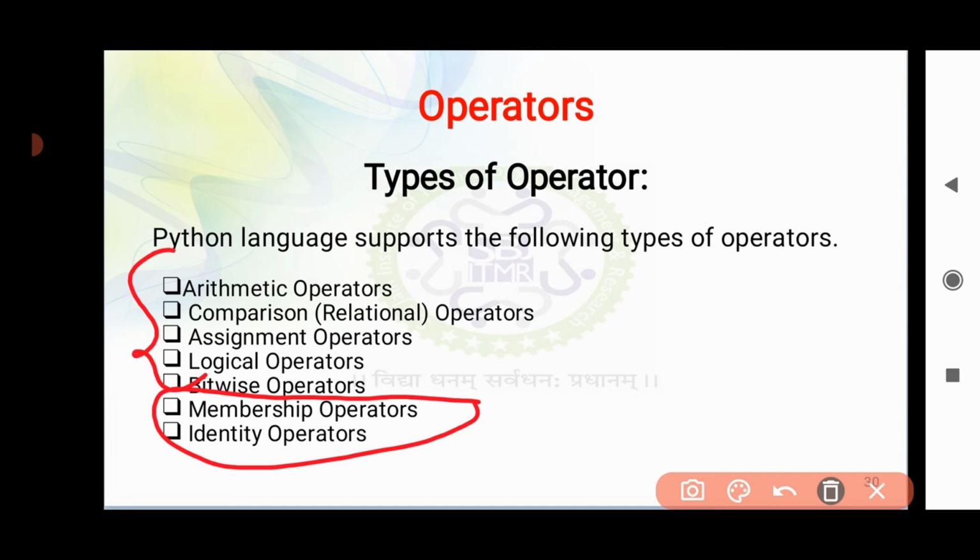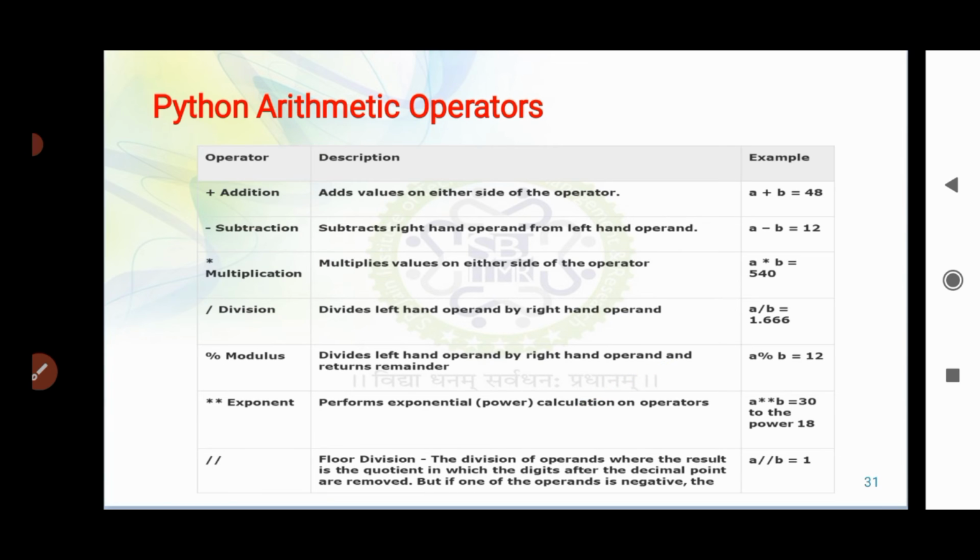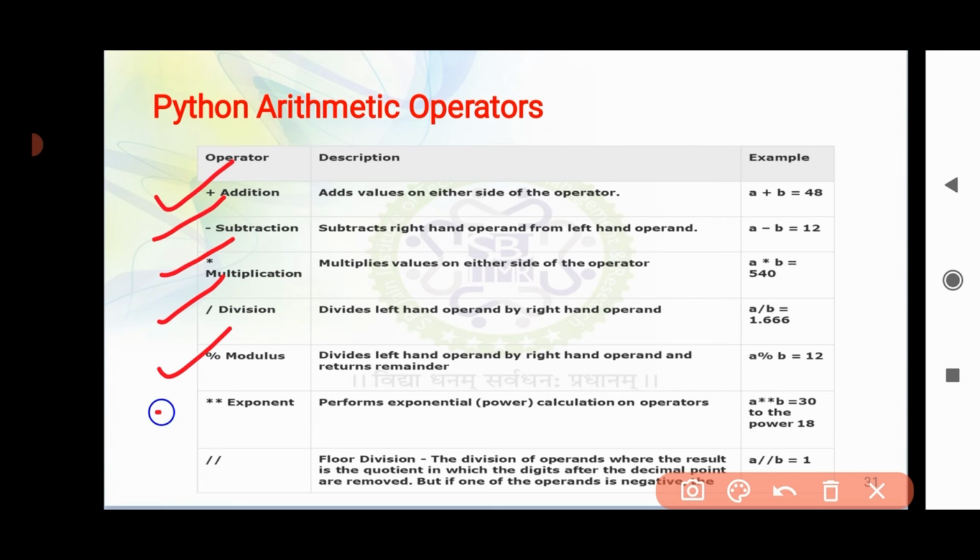So let us now go through one by one each type of operator that can be used in Python. Next we have arithmetic operators: addition, subtraction, multiplication, division, modulus, exponent and floor division, which basically does the truncation of the result. We have already seen this in earlier slides, so I don't think it is important to explain thoroughly. We have seen it with examples, and definitely we will do it in a hands-on session as well.